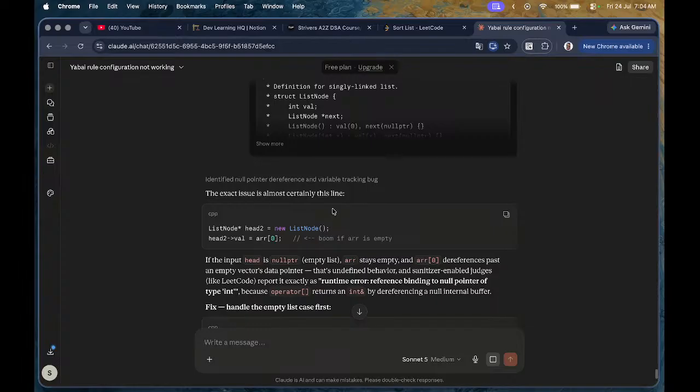Almost certainly this line, boom. If array is empty, oops, if the input head is null pointer,